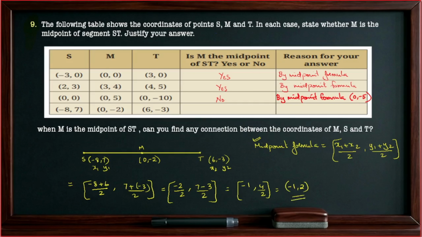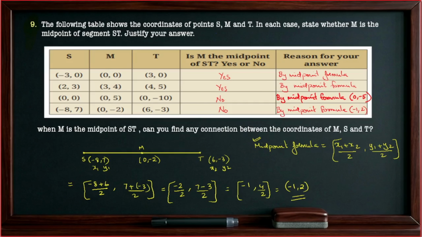The coordinates you are getting here is minus 1, comma 2, and the coordinates they have given is 0, comma minus 2. So you can write, is M the midpoint of ST? This is no, it is not the midpoint of ST, and the reason is by midpoint formula, and the answer is minus 1, comma 2. I hope you understood how to find the midpoint. And in this, like if a line segment is given and to find the center, we use the midpoint